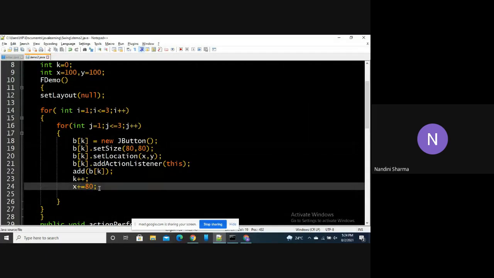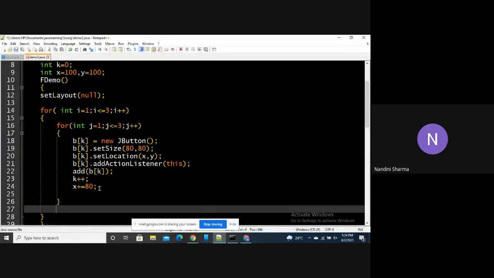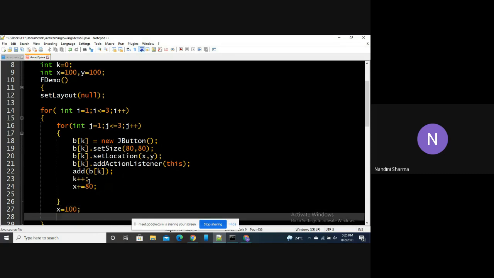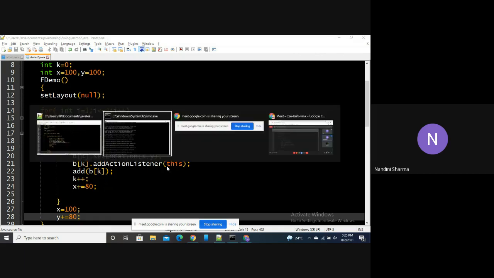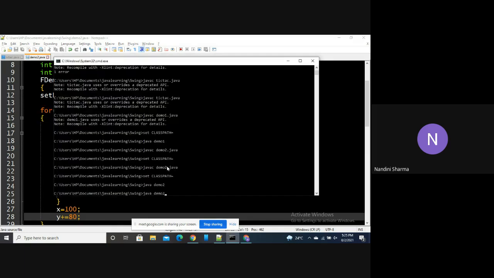Now after this step, we want after one row is completed, we want our x value to become 100 again, and we want to change the height by 80. Right. Now we will compile this part and check for any errors.